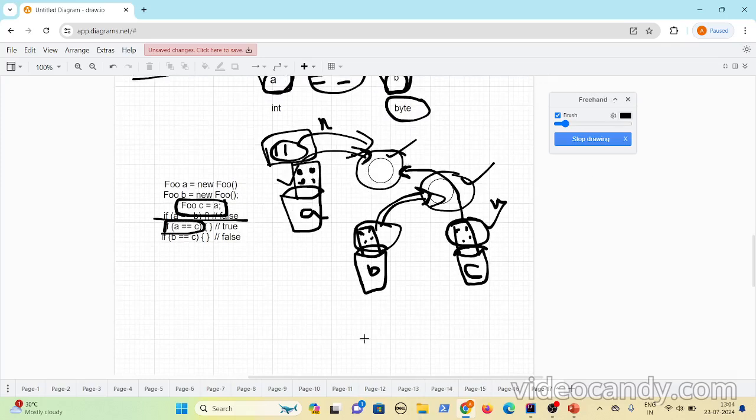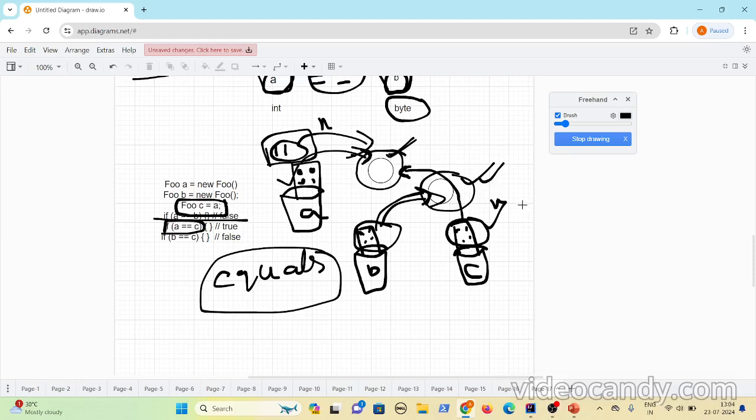And sometimes you might see that you would be using the equals() method instead of this operator. The equals() method behaves a little differently, and we will check that in later videos. But to brief you about the equals() method, it doesn't care about which objects they are referring to. It will just care about whether the name and size are the same or not. Let's say you have two different objects, but the name and size could be the same. In that case, you might want equals to return true, okay. For equals, you can add your own logic, which we will discuss in later videos, okay.